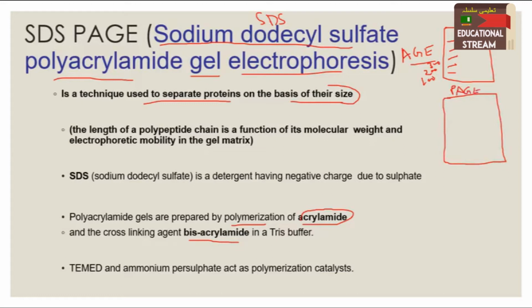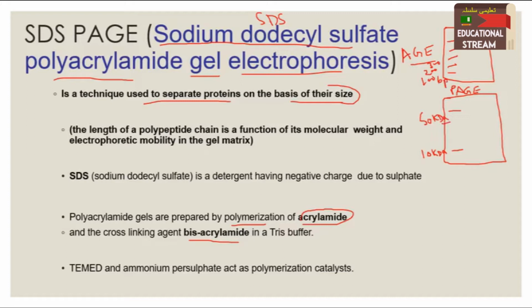The principle is the same, that the large size protein will stay on the upper side of the gel and the small size protein will move down fast in comparison to the large size. For example, this is a 10 kilodalton protein and this is a 50 kilodalton protein. For protein, we use the unit of Dalton for molecular weight measurement, and for DNA, we know that we use the unit of base pair.